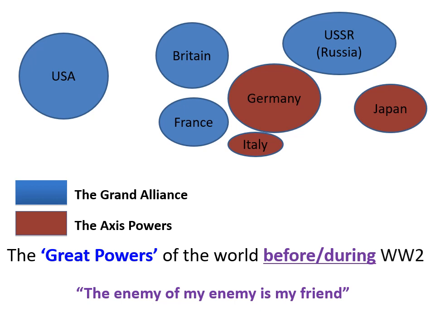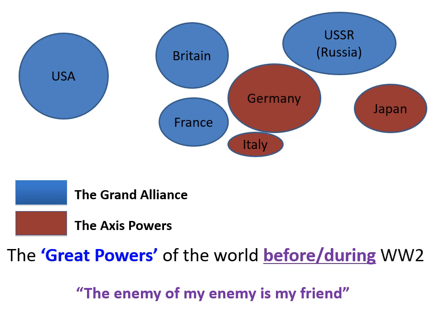Now given that the war will end with a Cold War between America and the Soviet Union, you might wonder why on earth they were fighting on the same side. There's a phrase you might have heard at the bottom saying the enemy of my enemy is my friend. This can even be better explained with a quote from Winston Churchill, the British Prime Minister. When he heard that Nazi Germany had invaded communist Russia, he's supposed to have said, "If Hitler invaded hell, I'd give a favourable reference to the devil." In other words, he was saying that Hitler is literally the worst possible thing imaginable, so I'd rather back the devil, or I'd rather back Stalin and communist Russia than let Hitler win.